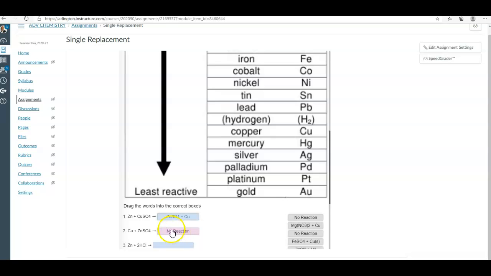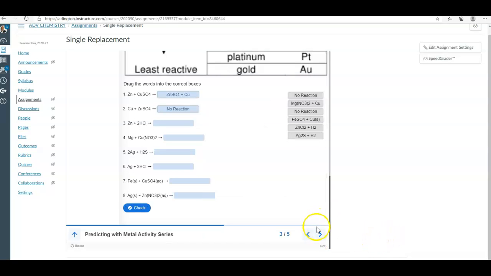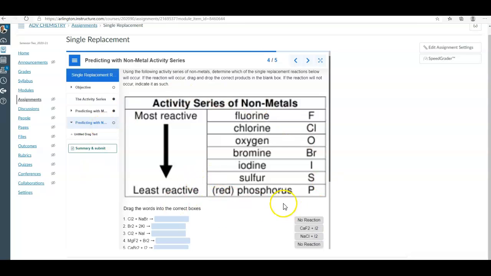Now, let's look at the activity series for non-metals. You can see right here that the non-metals are arranged in order of decreasing reactivity. When we're looking at this example, make sure you're comparing the non-metal to non-metal. Chlorine reacting with sodium bromide: you compare the activity of chlorine with bromine, not with sodium,